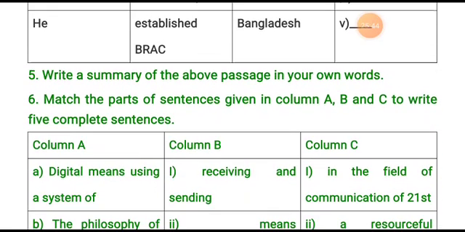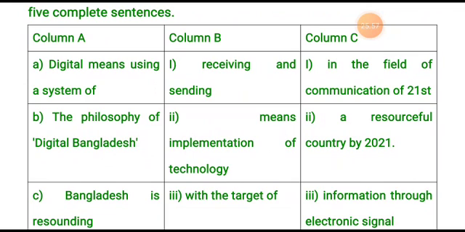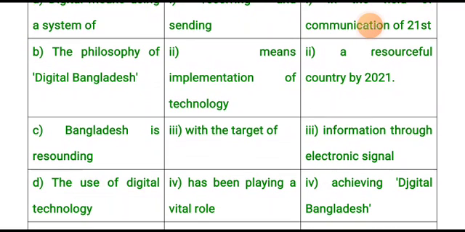Number 5, write a summary of the above passage in your own words. Number 6, match the parts of sentences given in column A, B and C to write 5 complete sentences. Here in column A: digital means using a system of, B the philosophy of digital Bangladesh, C Bangladesh is